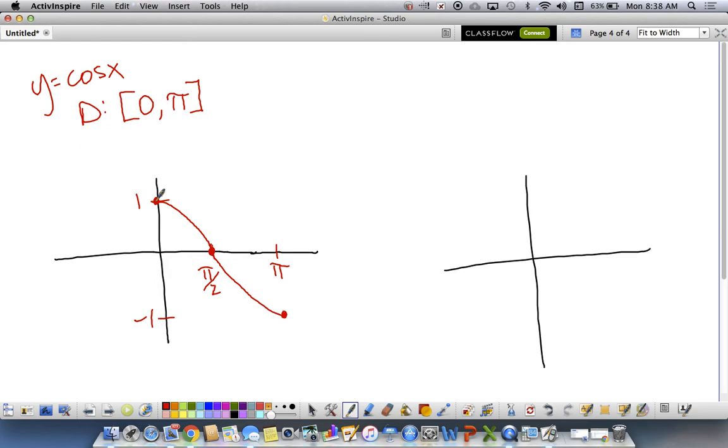What about the range? It's going to curve like this, it would go down like that and go up like this. The range is bracket, negative